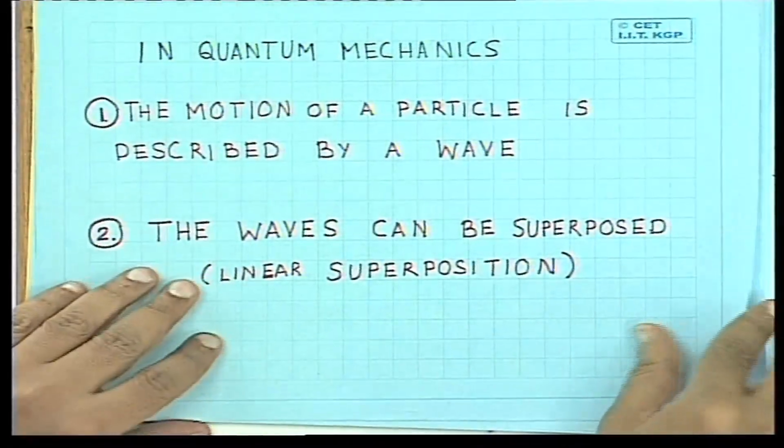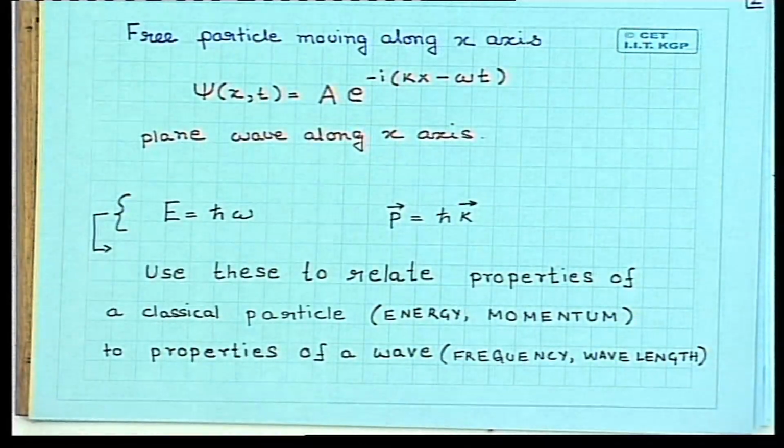Let us start off today's class by briefly recapitulating what has already been done in the last two classes. So the main things that we learned in the last two classes are that in quantum mechanics the motion of a particle is described by a wave. This we learned in the